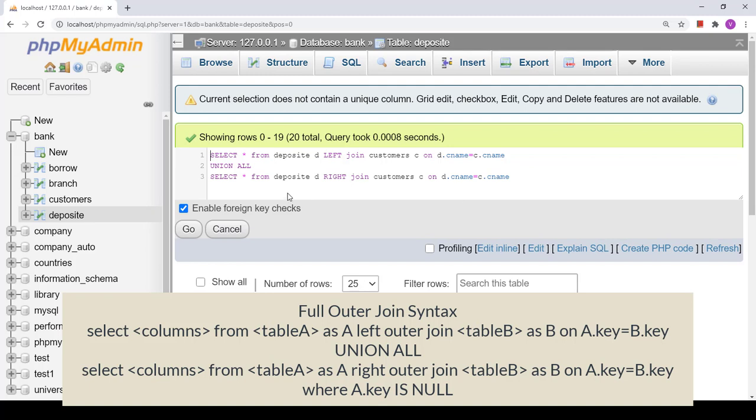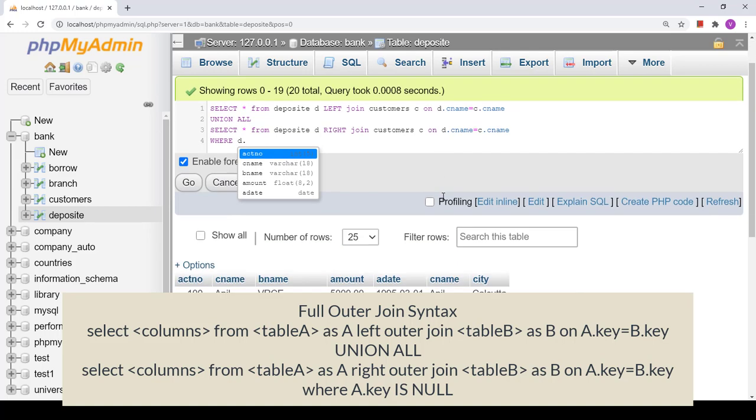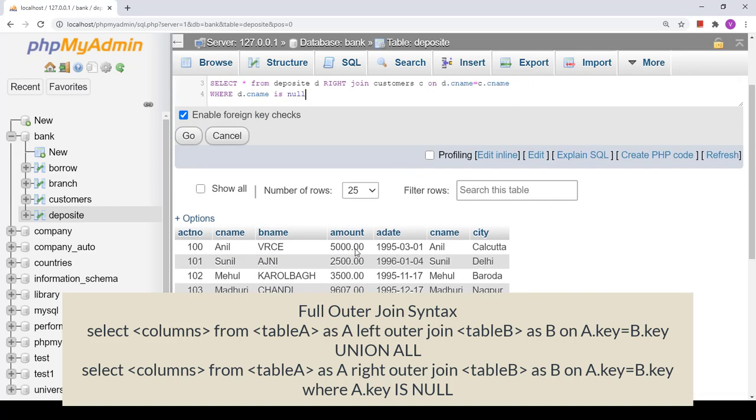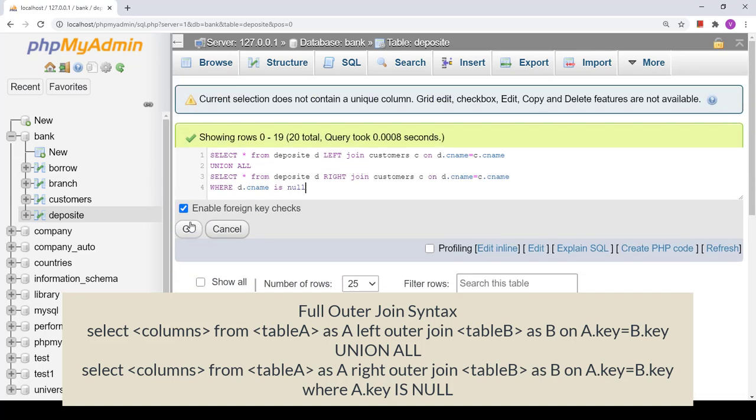So in that case we have to apply the condition like WHERE d.cname is null. फाइन, यहाँ पे सी नेम जितना नल है उतना ही डेटा चाहिए, उसके अलावा कोई डेटा हमें चाहिए नहीं.